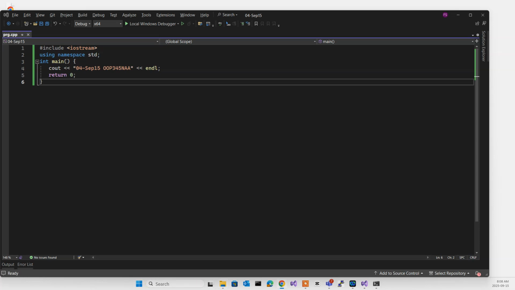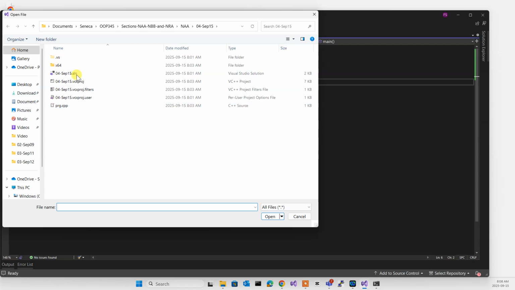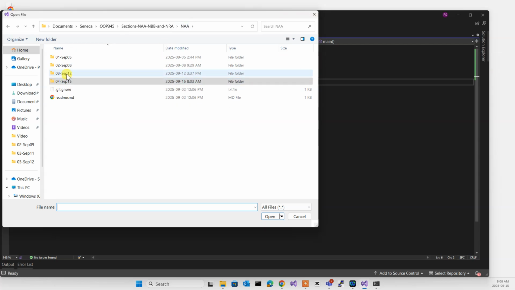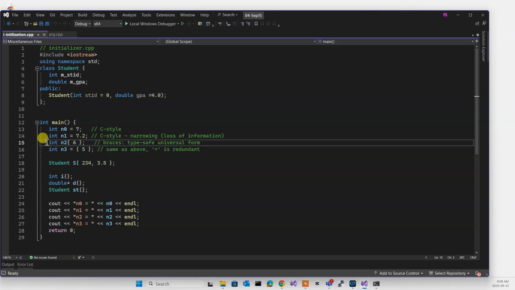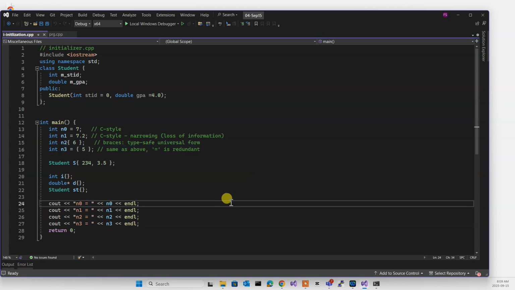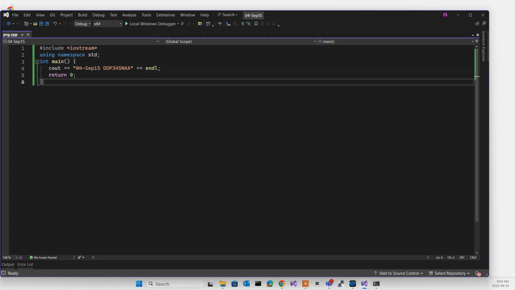So we talked about initialization last time? Yeah, initialization was the thing that we ended things with. So initialization was essentially this one. We talked about initialization like this, and we said this is the preferred way with braces, the type safe universal form of initialization. And if you put empty brackets in front of it, you're essentially calling its default constructor. For an integer, it's a 0. For a pointer, it's a null pointer, and so on and so forth. Okay? All right, so